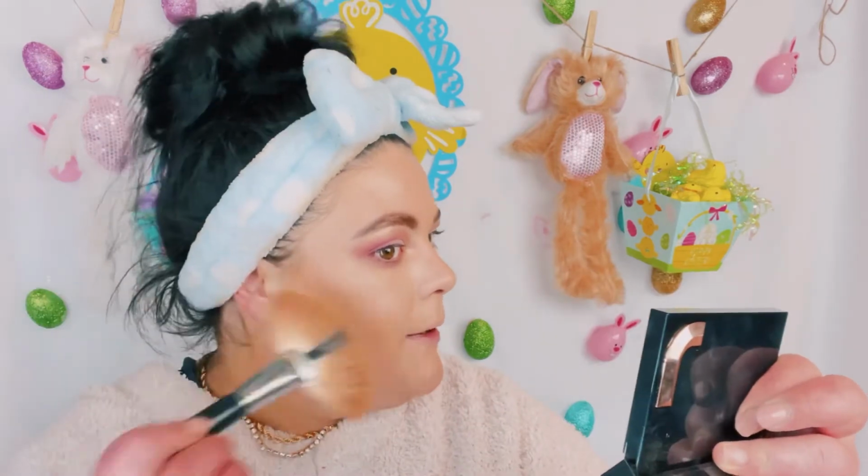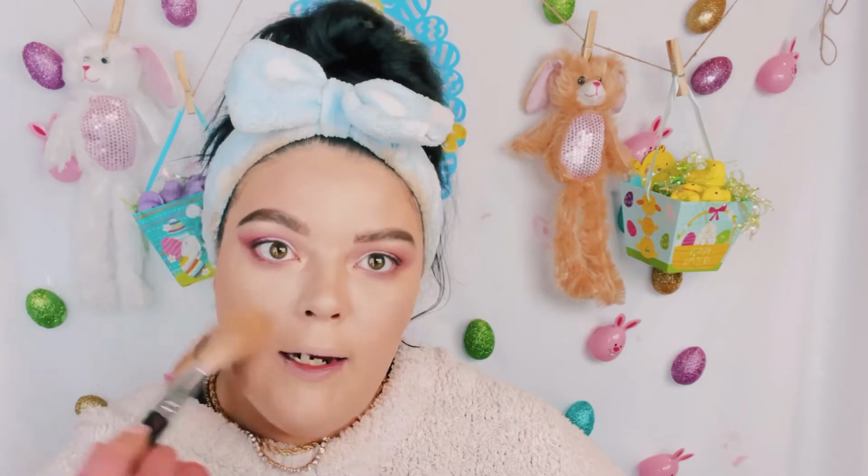For contour, I want it to be super subtle, but I do want to shape the face. I'm gonna go in with the Jaclyn Cosmetics shade Oh Honey, such a gorgeous contour shade, and I'm gonna use the Morphe M143. This is my favorite brush to contour with. It's like this fan brush, and when you run it through like this, you're able to really contour perfectly. So I like to start here in the back and then kind of move it forward, and you're able to really just cut the cheek,